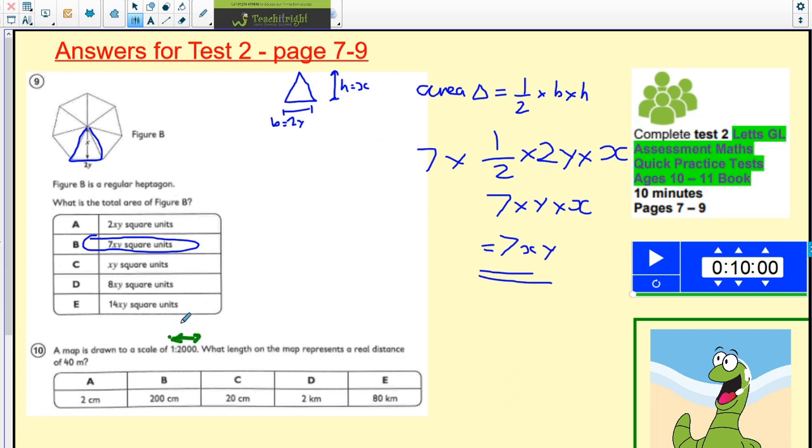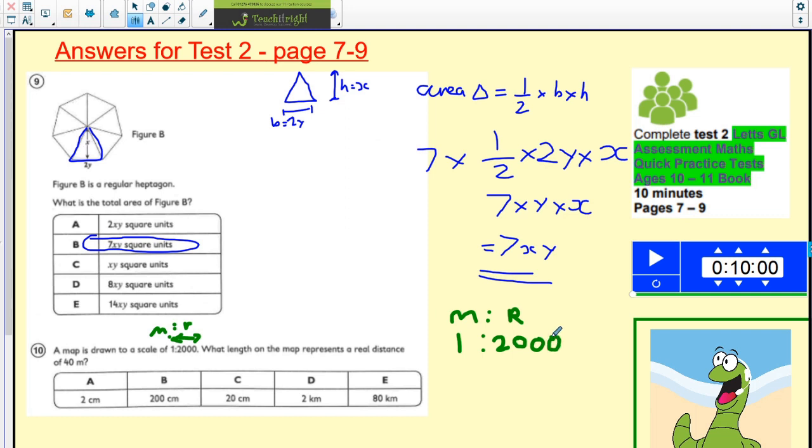This is your real, and this is your map. So it's M to R. First off, let's do M to R. And we know that it's 1 to 2,000